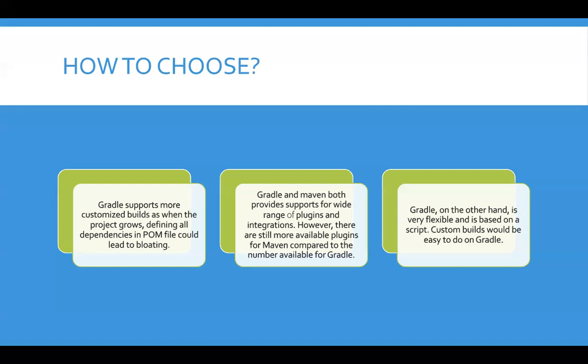The third key point is flexibility. Gradle is very flexible in comparison to Maven. It provides us flexibility based on script. Whatever we write in the Gradle build file, we are writing just a script, and a script is so customizable. You can write it according to your needs. But if we don't want that much configurability or customizability, and we don't have use for those features, then we can simply go for Maven. Maven is good for small projects.